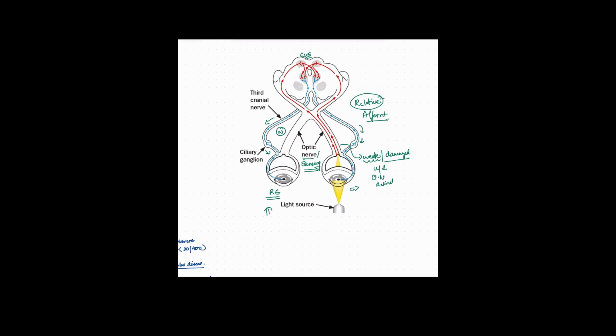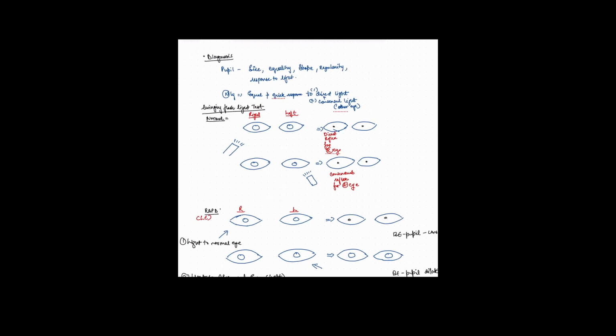So basically if I show light to the right eye, that is the normal eye, then both of the pupils will be constricted, right? But if I show my light here on the left eye and I assume it is damaged, what is damaged? The optic nerve or the retina. It is damaged, so the brain will presume the signal which is coming is very weak, because it is damaged. So the brain will presume there is no light here in the damaged eye, and instead of constricting, it will dilate both the eyes, right? So this is what RAPD is essentially.